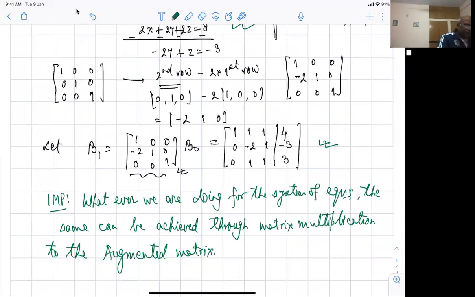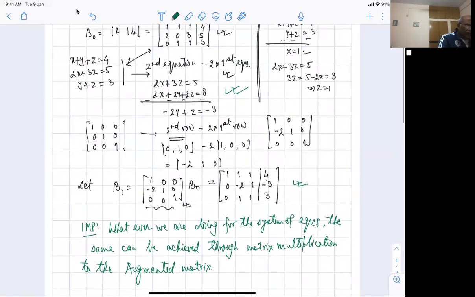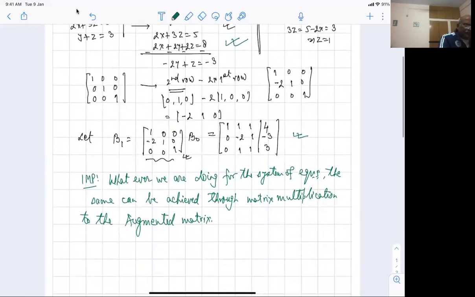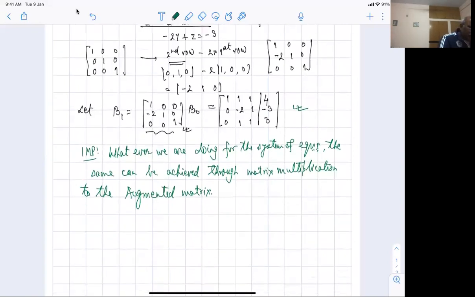All right. Fine. So you can see here that at this stage, my equation is x plus y plus z is equal to 4. So the first equation, there is no change. Second equation, I changed to minus 2y plus z is minus 3. This is what I have. Third equation remains the same, y plus z is 3. To make my calculation easy, I can interchange the second and third equation. So I can have my equations as x plus y plus z is equal to 4, y plus z equal to 3 as my second equation, and minus 2y plus z is equal to minus 3 as my third equation.